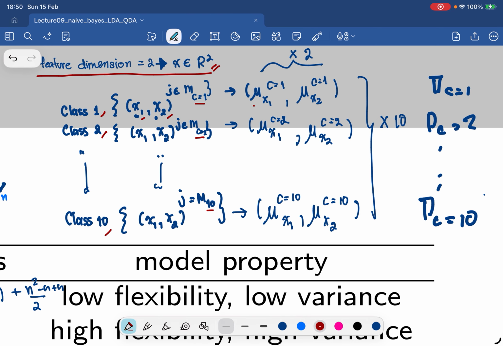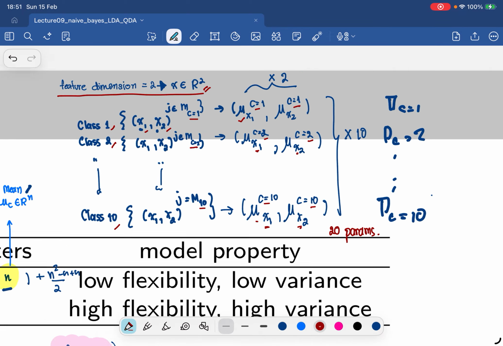With that, you have mu x1, mu x2 where c equal to 1, mu x1, mu x2 where c equal to 2, up until mu x1, mu x2 where c equal to 10. So as you can see, if we only consider the likelihood term, there are 2 times 10, so there are 20 parameters,